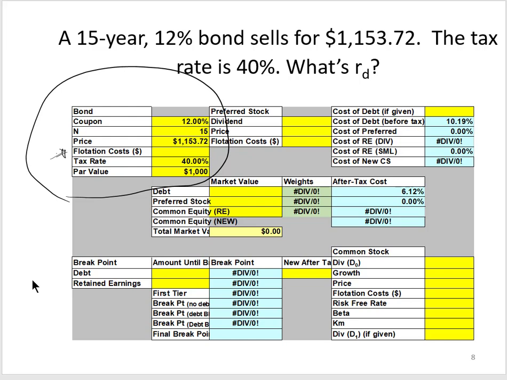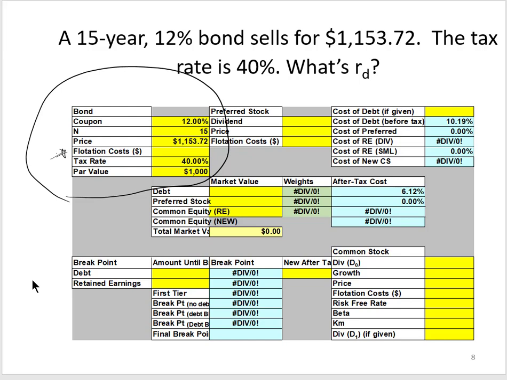If the cost of financing this debt is very expensive, we may want to incorporate that in here. So if, for instance, we talked to our investment bankers and they said, look, it's going to cost you $30 a bond, we would put $30 here for flotation costs. And of course, that additional cost would be incorporated into the cost of financing. So the cost of debt would go up.